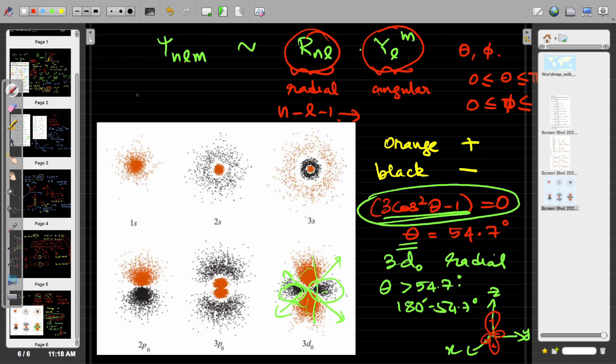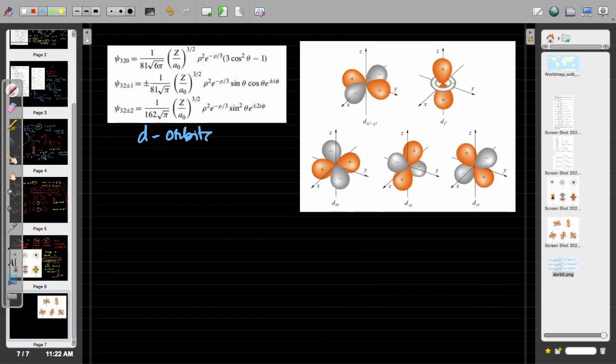Take for example, in inorganic chemistry, you use these orbitals for the crystal field theory, where you try to say when a ligand approaches these orbitals in different ways, the orbitals are perturbed to different magnitudes. These are the d orbital wave functions, that have the radial part and the angular part. We just saw in detail how the 3 cos square theta minus 1 term results in an orbital that looks like